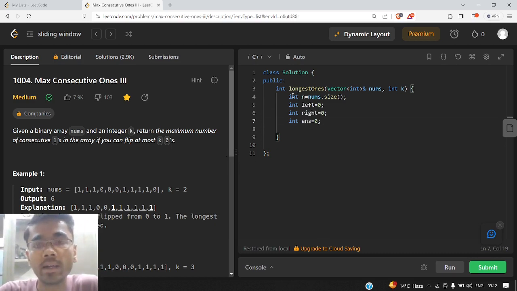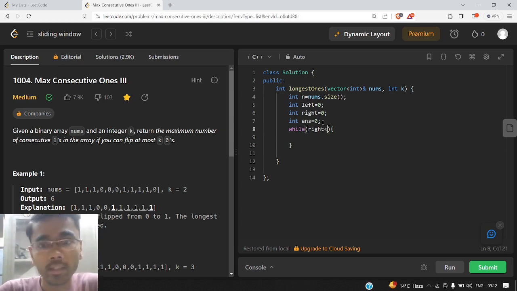So we have declared n as the array size, the left pointer and right pointer initially to 0, and the initial answer also to 0. What we will do now is keep on iterating over the array until we reach the end of the array, and we can flip at most k zeros in our subarray. So whenever we are iterating towards the right, if we encounter nums of right